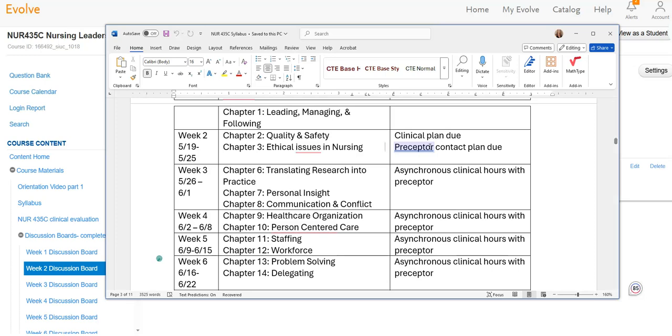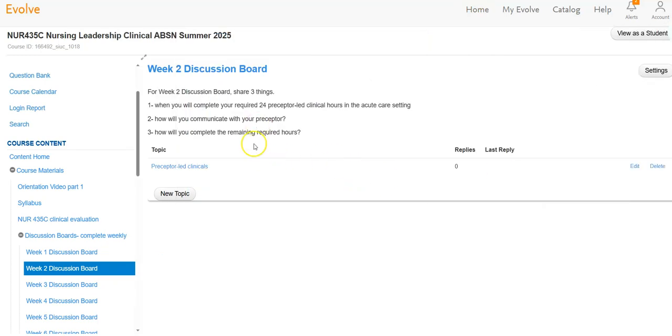Sometimes they want you to contact them through their work email, which we've provided for you, or sometimes they want you to text them. I want to know what that is. If you utilize their work email or personal email, whichever they give you, I want you to CC me on those interactions, please. So that's what you're going to tell me during week 2.